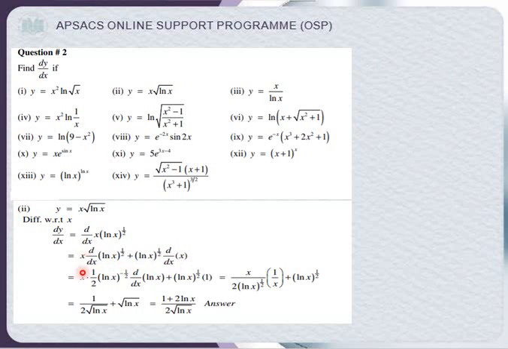Okay, so now x is the same. Now ln x raised to the power half means we have to apply the power rule. What is the power rule? First you write the power at the bottom, decrease the power of the original function, and then take the derivative of what is under the power. Now there are 3 steps whenever you use the power rule. First write the power at the bottom, decrease the power by 1, and take the derivative of what is under the power, which is the same, and the x derivative is 1. So by simplification you get the answer.